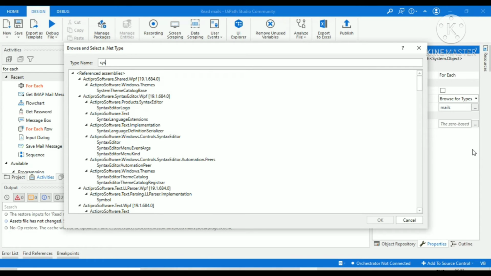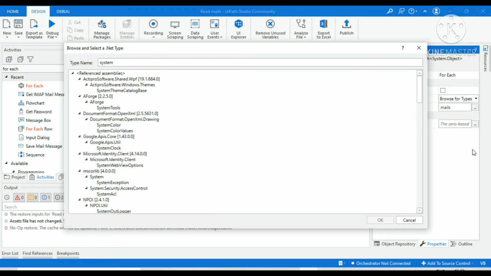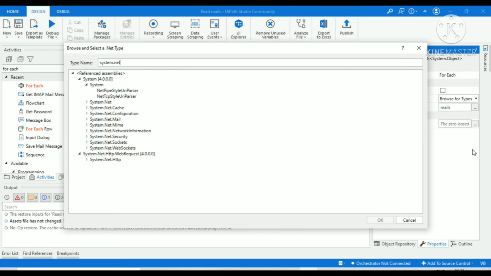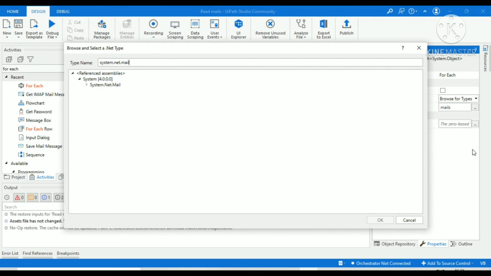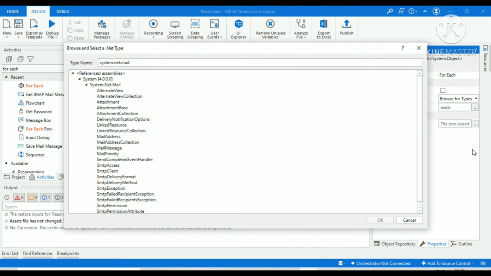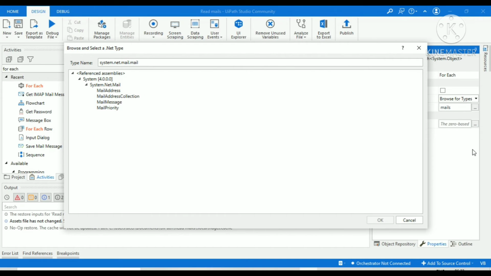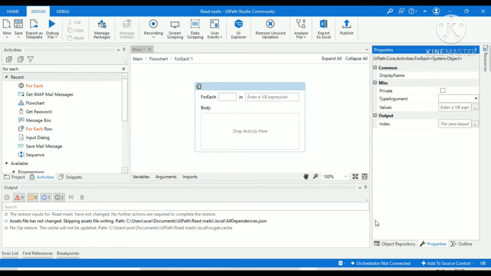So I am typing System.Net.Mail.MailMessage.